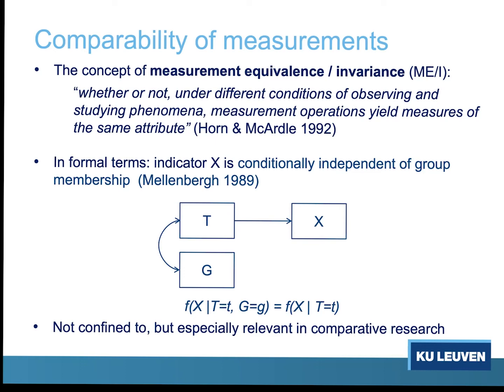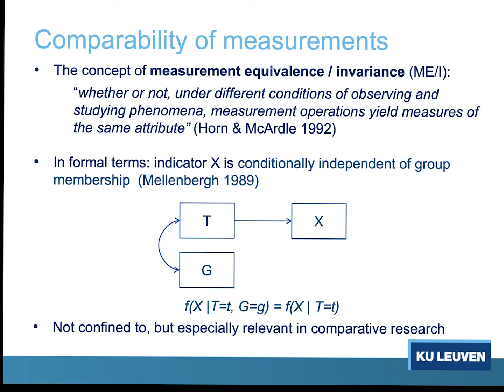Think about an intelligence test, right? So what we want to measure is intelligence. Intelligence is the T, the true score. What we do is we have a particular test, a particular question that we ask, or an exercise that somebody needs to solve. And this is the X, is what we observe. Is somebody able to solve the exercise, the question or not, right?